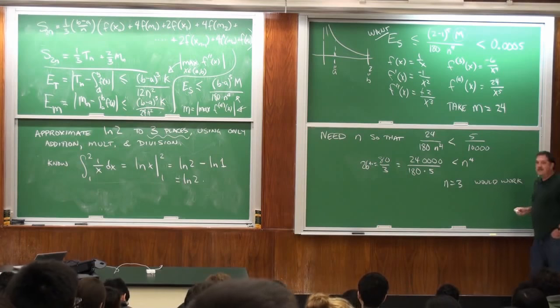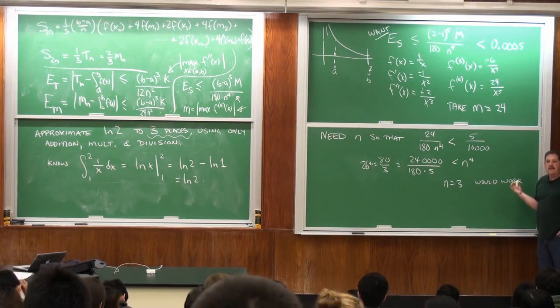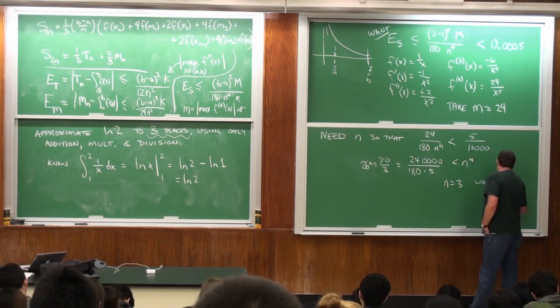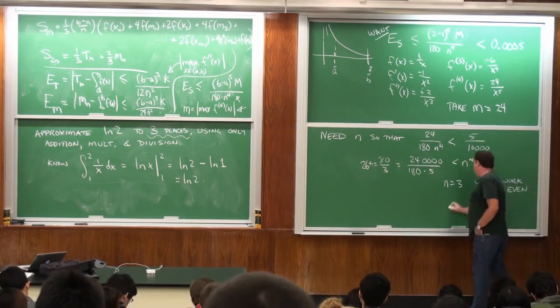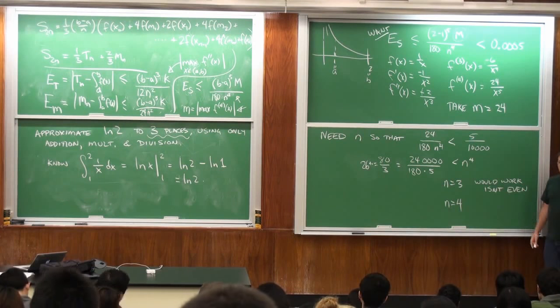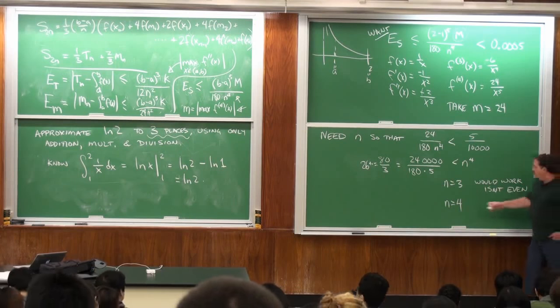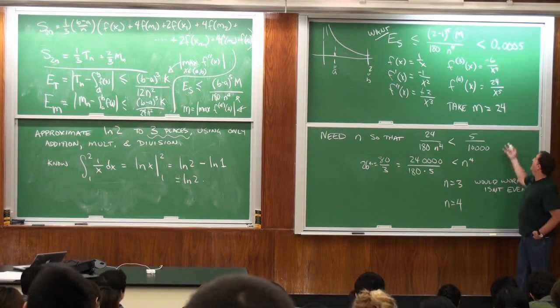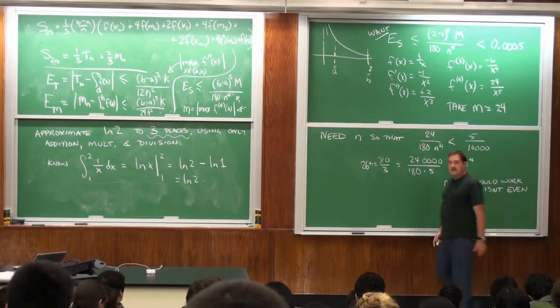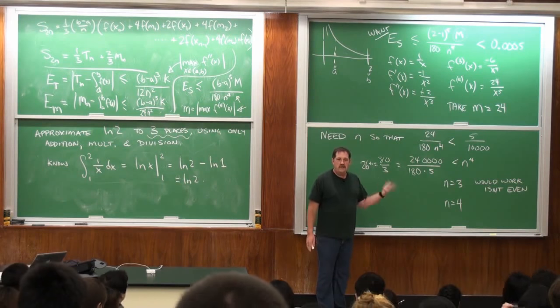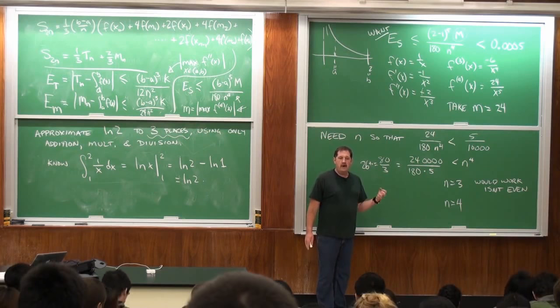But since we're going to do Simpson's method, I have to have an even number of rectangles, so I need n equals 4, because Simpson's rule doesn't work with an odd number of n. So that means 2 intervals is good enough for Simpson's rule to give me the log to 5 places. So that means I need to calculate with 5 points. So I need to take the inverse of 5 numbers, add them up, and stuff.